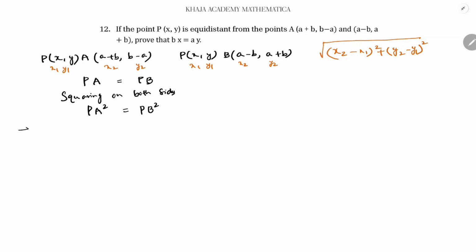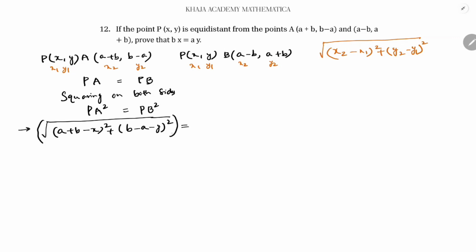So here for PA, x2 is (a + b − x) whole square, y2 minus y1 is (b − a − y) whole square, equals,